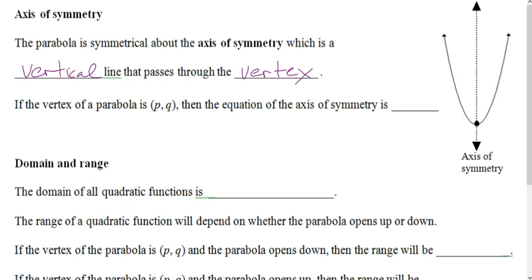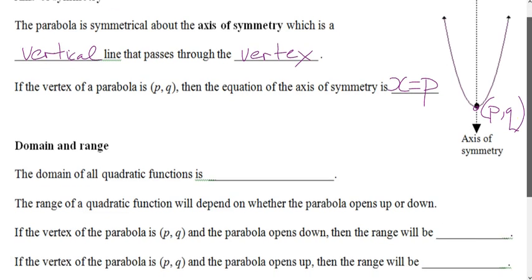Okay, so being an equation, it's got to have an equals, and being a vertical line, it's going to be of the form x equals. So this is the point (p, q). The axis of symmetry is a line. Lines have equations, right? Vertical lines have equations of the form x equals, so it's x is equal to the x-coordinate of the vertex,